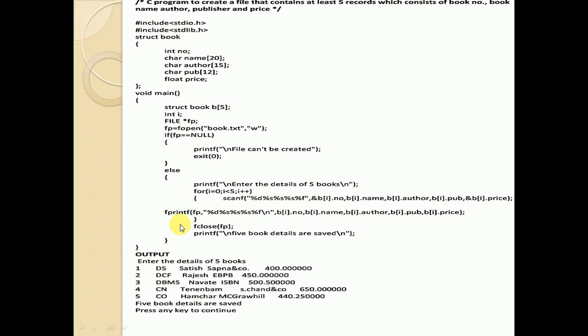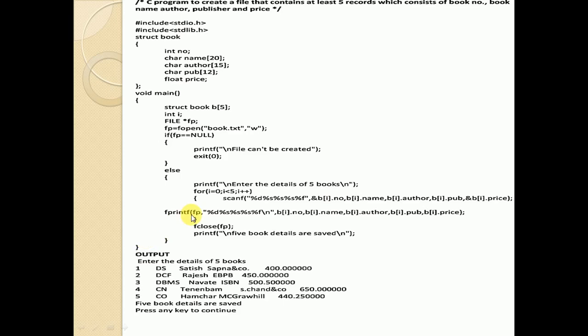So scanf is an input function or input statement. So b[i].number will take the number, then the name, the author name, then the publisher name, and then the price of that particular book.